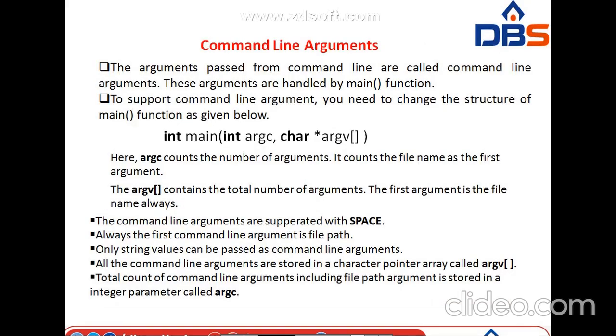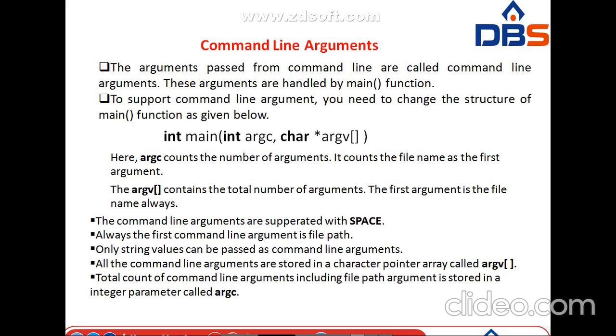The next one is command line arguments. What is a command line argument? Why are we going to use command line arguments? Generally, it is possible to pass some values from the command line to your C program when they are executed. The values are called command line arguments. Command line arguments are important for our programs, especially when we want to control our program from outside instead of hard coding those values inside the code.